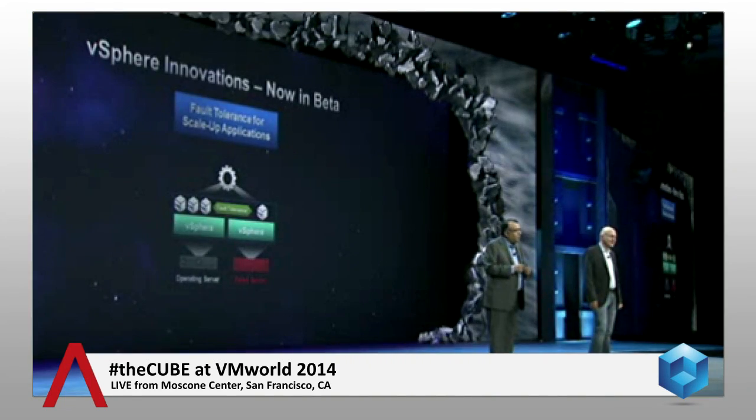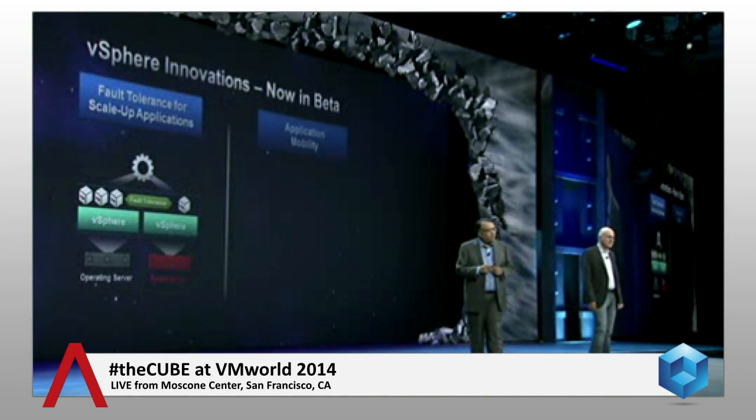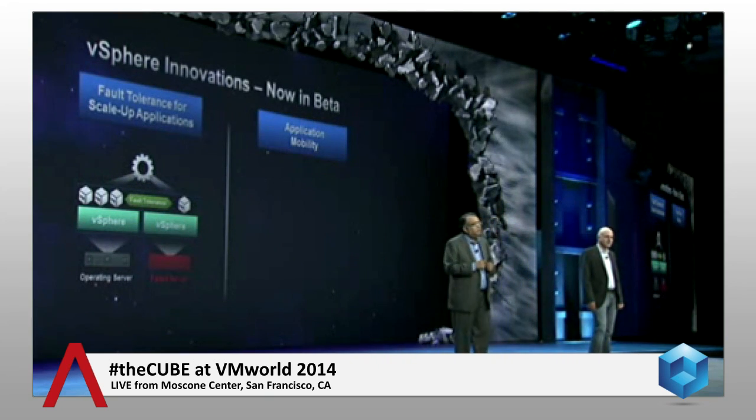This is just one example. Now let's talk about another example, application mobility, what we know as vMotion. Over a decade ago, we broke the laws of physics when we created vMotion. Since then, we've been continuously innovating in this field. Then came storage vMotion, network vMotion, vMotion without shared storage, and now in vSphere 6 beta,